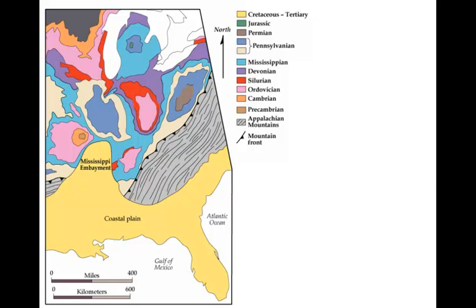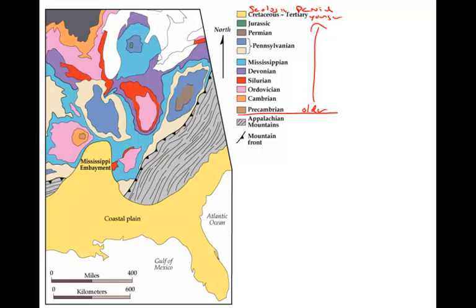This is a geologic map showing a portion of the Midwestern United States. The different colors on the map represent the age of rock that is exposed to the surface. In other words, the geologic period in which that rock was formed. In the map key or legend, older rock will be at the bottom, younger rock will be at the top. In other words, Precambrian rock is the oldest rock exposed in this map area, and Cretaceous rock is the youngest rock exposed in this area.